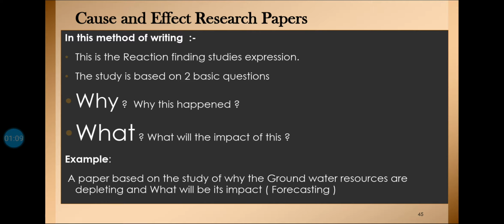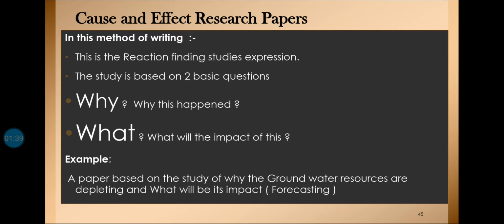So if anything is happening, it will create an impact, and the paper is written in such a way that it will express the reason, that means the cause, and what the impact of it is, right? It can be part of forecasting, or it can be part of the present condition scenario. So this is the research type in which